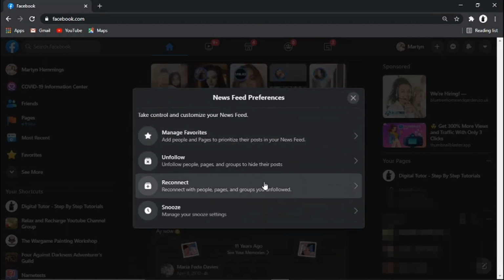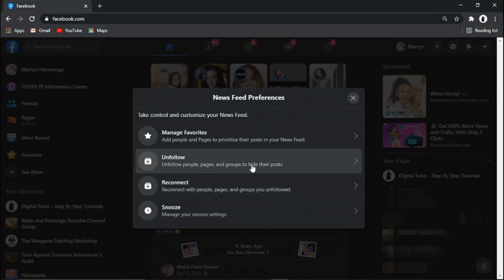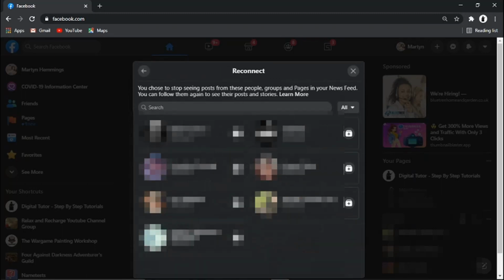The next option you've got is reconnect, which is basically after unfollow, if you want to reconnect with them, they will come up here. And all you need to do is click the plus button next to their name, and that will allow them to reconnect, and you'll see their posts and pages and things like that come up in